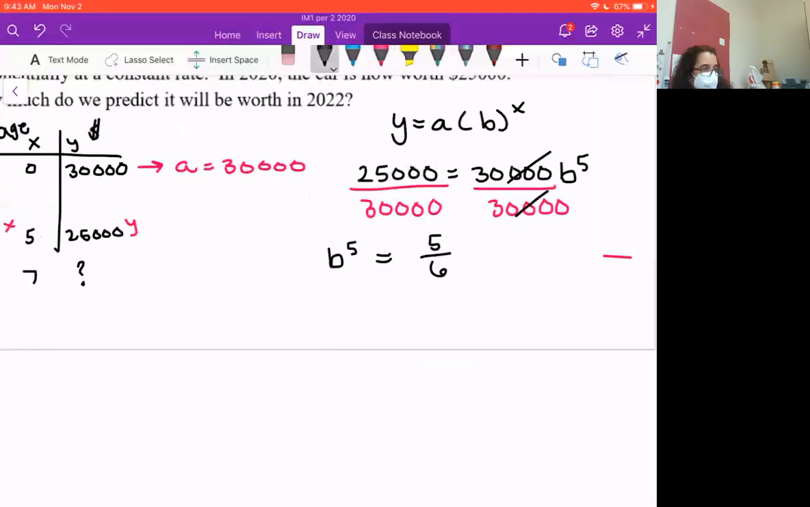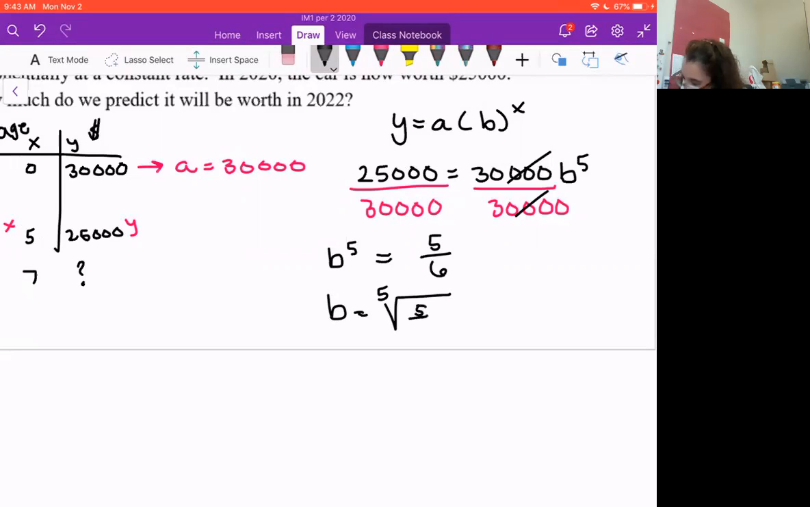Quite frankly, it's just less strokes of my pencil to write that. So that's kind of one of the reasons I like the 5/6. If you don't like the 5/6, it was 0.8333 repeating. To figure out what b is though, I need to take the 5th root